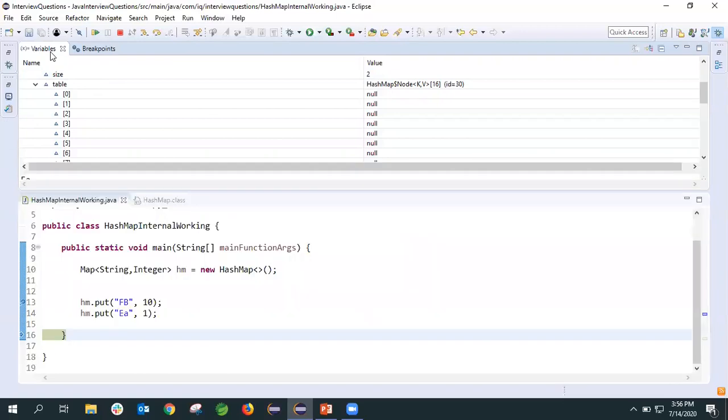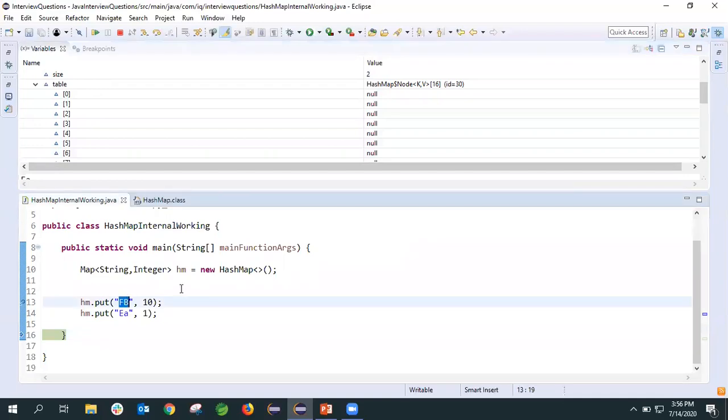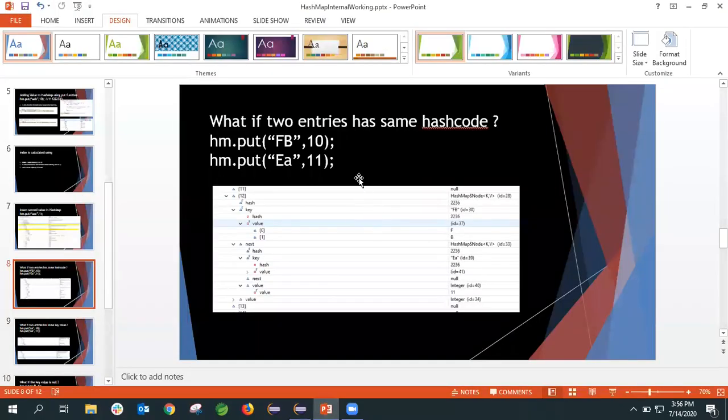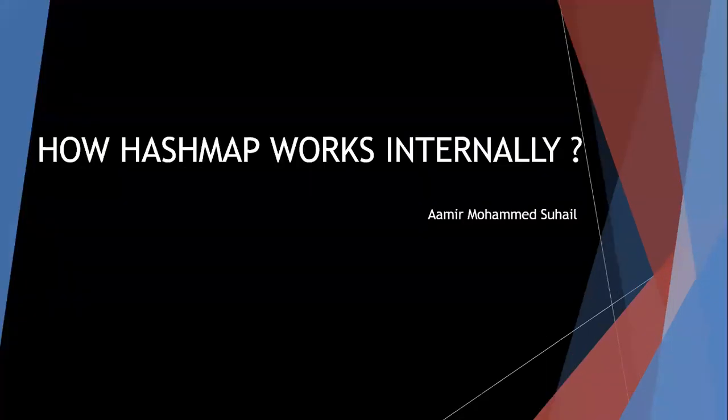Okay, understood. So whatever we have given, if they have the same hash codes, then it will take the same bucket. This concept is clear.